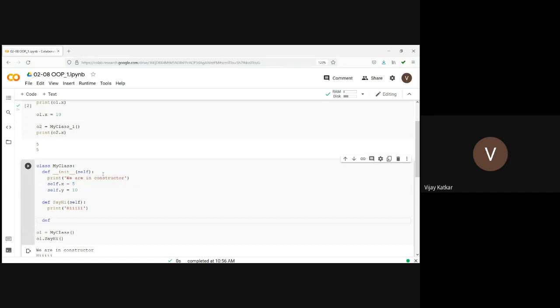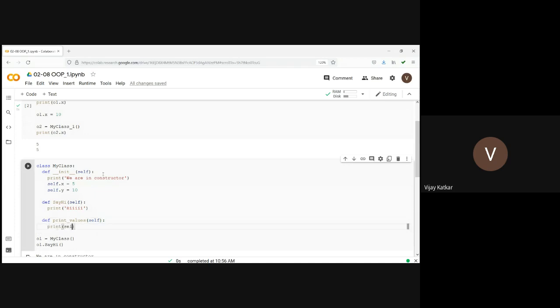And I can define a function, let's say print values, which will take one argument self, and then, oh, I forgot the colon.